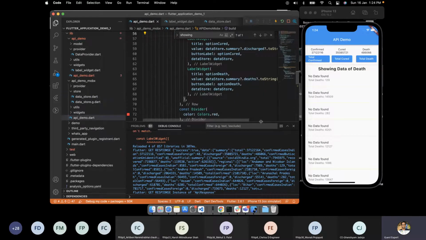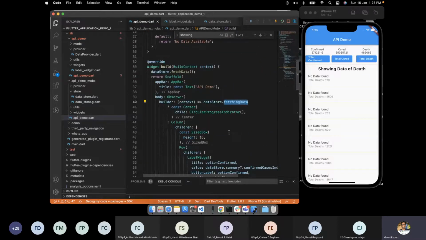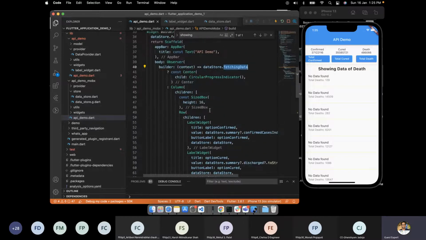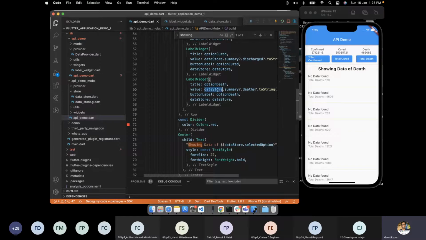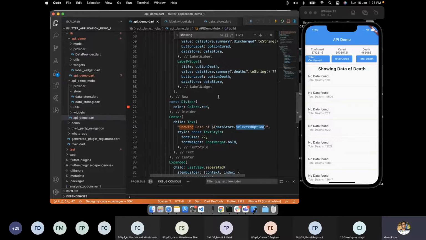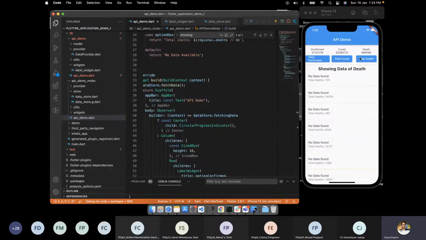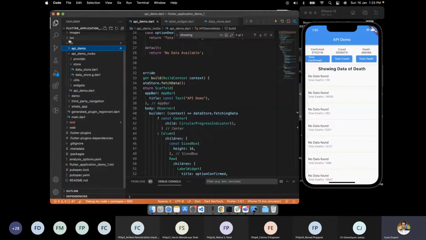Here if we see, even though we are not changing the value of fetching data, our list view is getting updated. The reason is, in the observer, if any observable data is getting changed, it will get fired automatically. So in the observer, we have written summary, and also we have selected option. So this selected option is getting changed. This builder method is getting run again. And most of the time, the whole code runs in a different way.